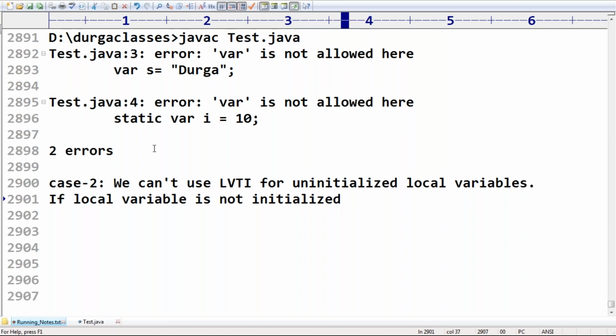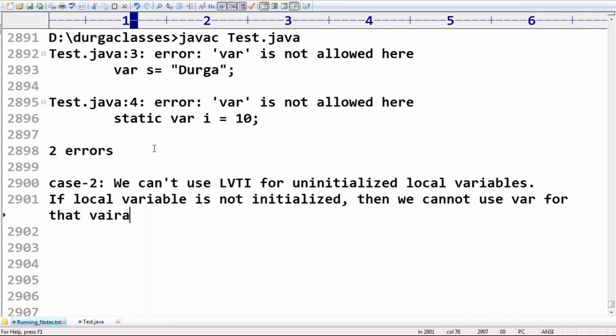If the local variable is not initialized, then it is not possible to use var for such variables. Remember this one. If a local variable is not initialized, then we can't use var for that variable.